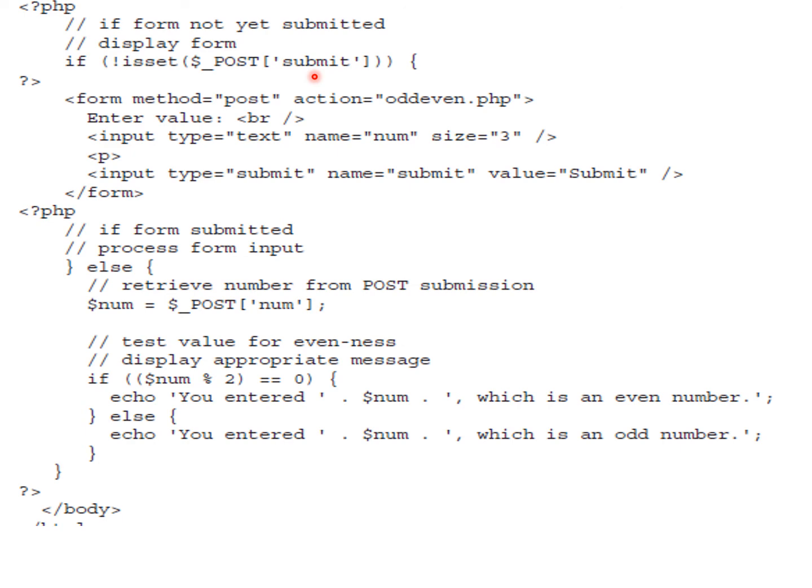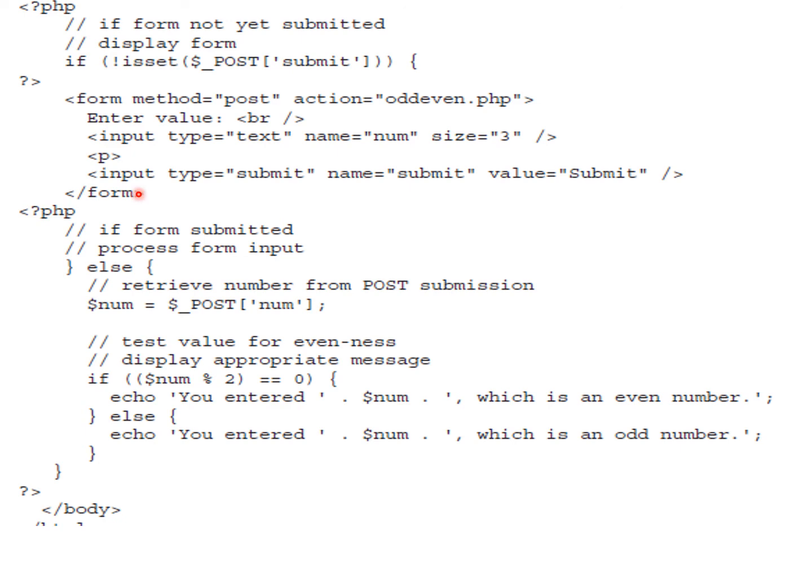Then the form contains an 'Enter value' text, an input of type text, name num, size 3, so there will be an input text field. Then an input of type submit, name submit, value Submit form.